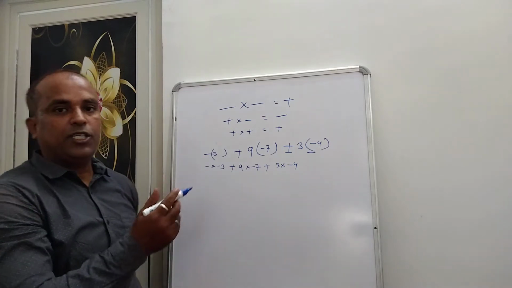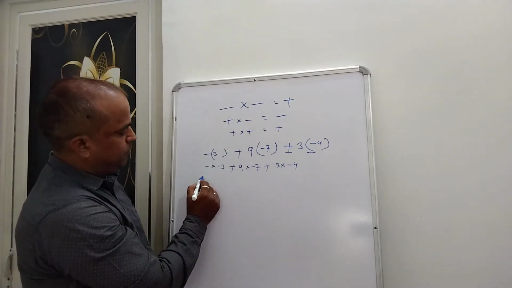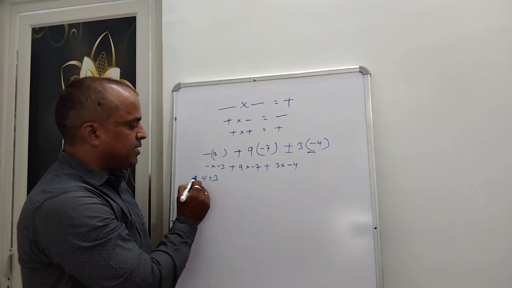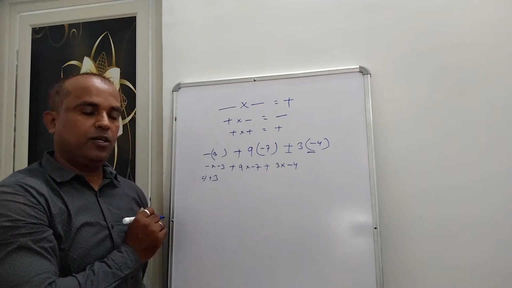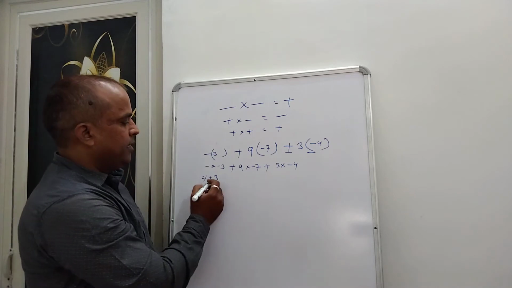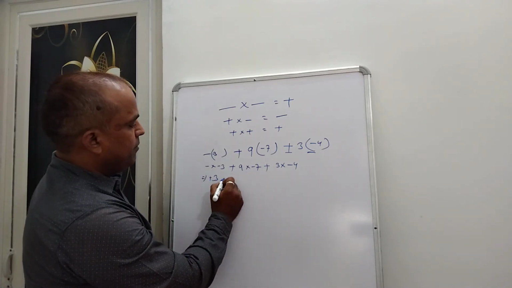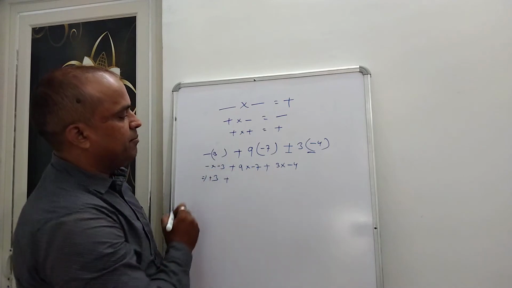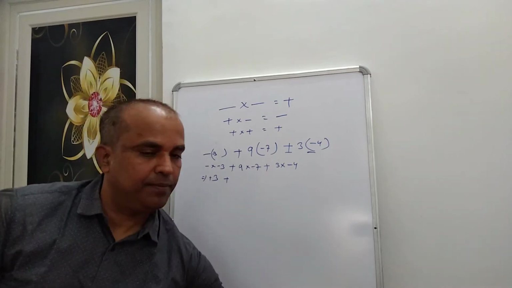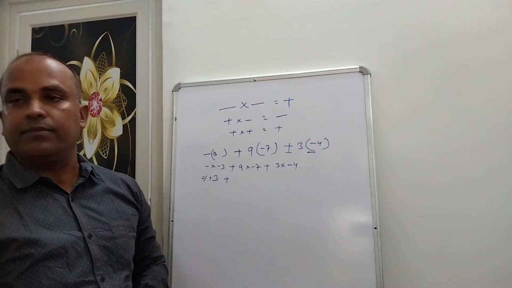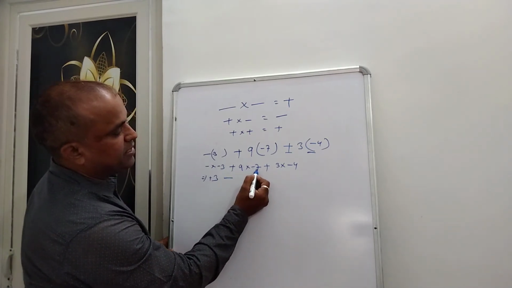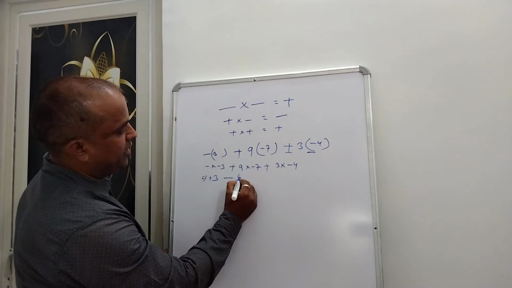As I told you, minus into minus is plus. Here minus into minus gives 3. If you want to write plus, you can, but before a number we do not write plus if there is no other number before it. So write 3. Then plus 9 multiplied by minus 7. Plus into minus, what will come? Minus. So write a minus sign. 9 sevens are 63. Very good.